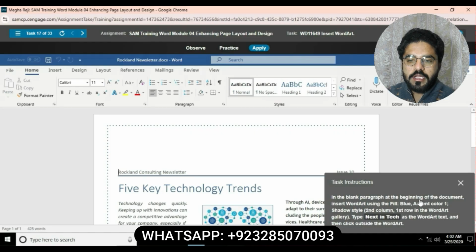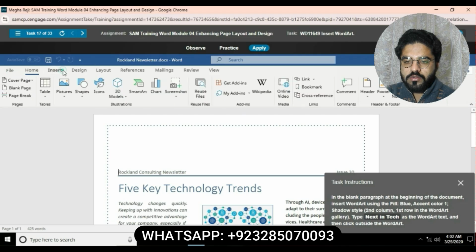Question number 17. Question number 17 is, in the blank paragraph at the beginning of the document, insert word art using the fill blue accent color 1, shadow style, second column, first row. In the word art gallery, type next in touch as the word art text and then click outside the word art. You will have to go in insert tab,